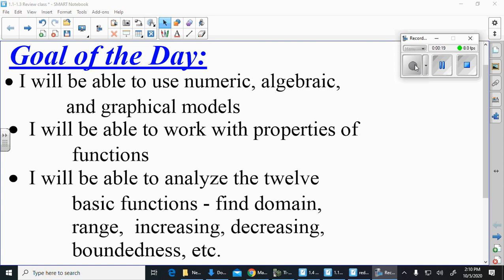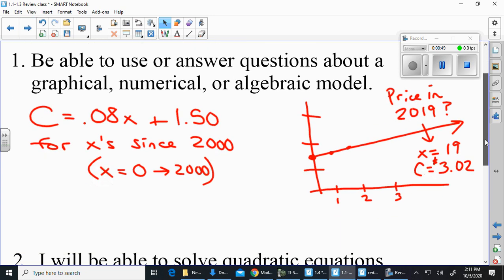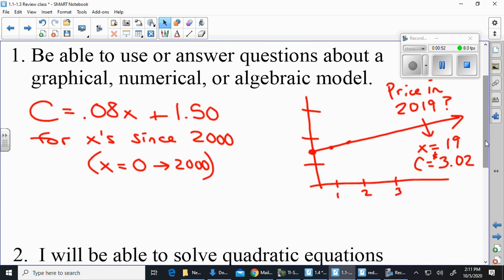First section, numeric, algebraic, graphical models. Second section, all those things that deal with functions: domain, range, continuous, increasing, decreasing, extrema. Third section, 12 basic functions. You need to know things about certain functions. So first of all, the question I had gone over is with the first section, answer questions about a graphical,